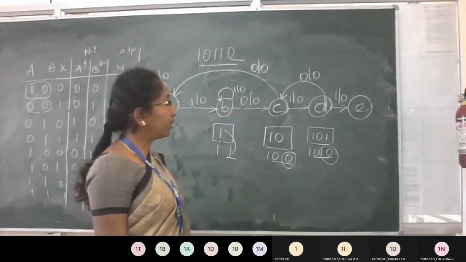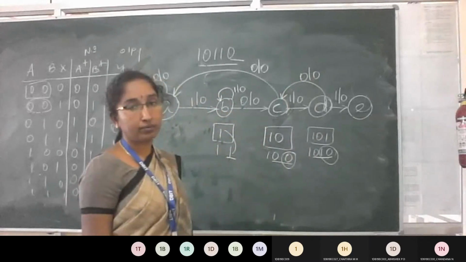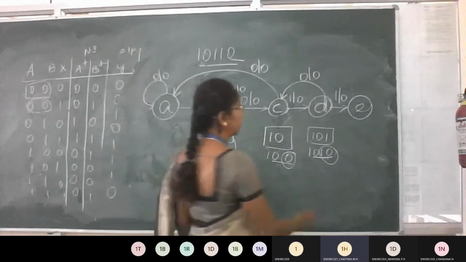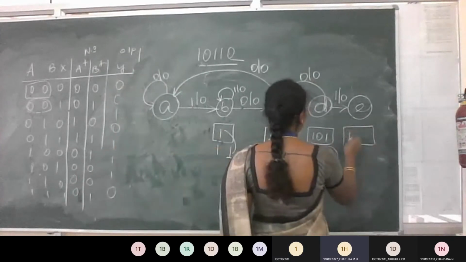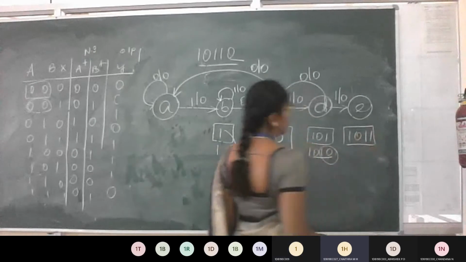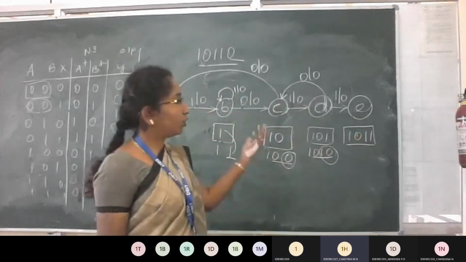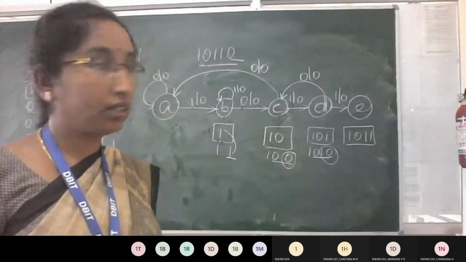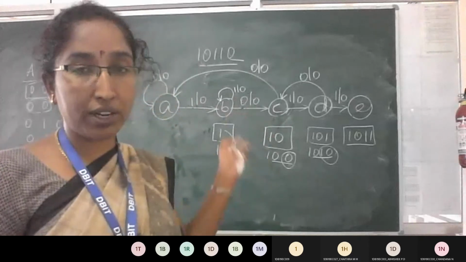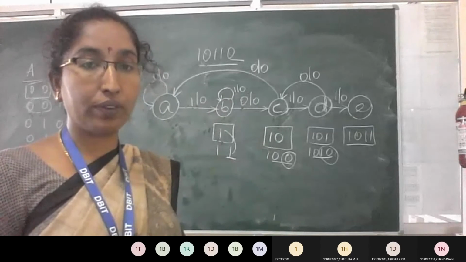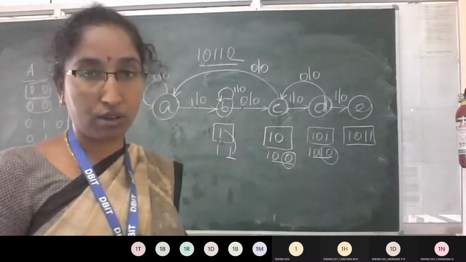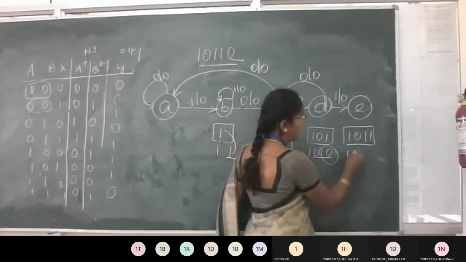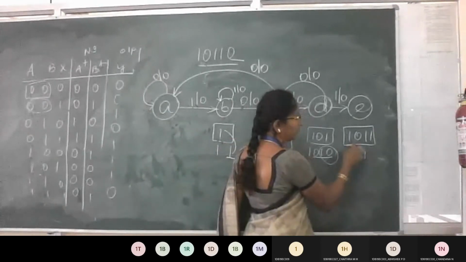Next, the last state. To reach it, how many bits have been received? 4 bits. Which are the 4 bits? 1 0 1 1. I don't know when x is 0 or x is 1 where it is moving. We don't know the transition. We only know E. No arrows have come out of E yet. So now I need to find out when x is 0 where it has to go and when x is 1 where it has to take a transition.